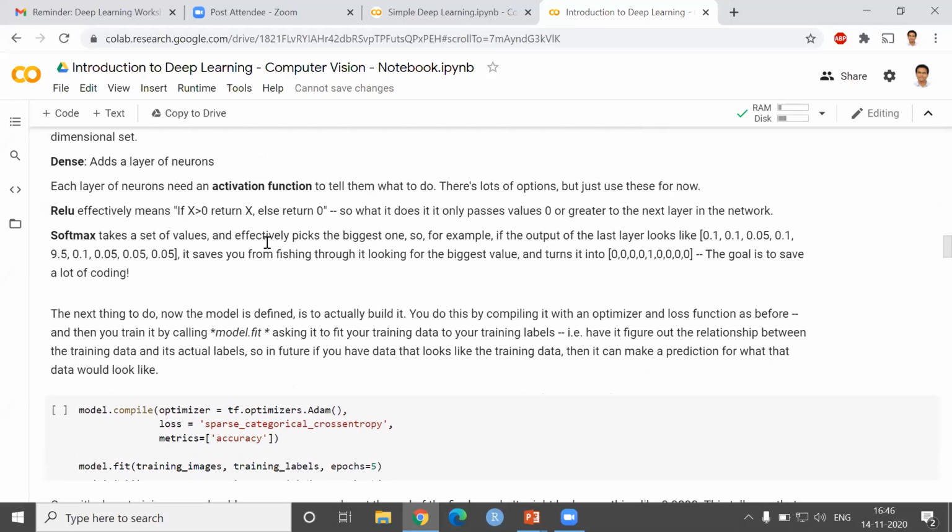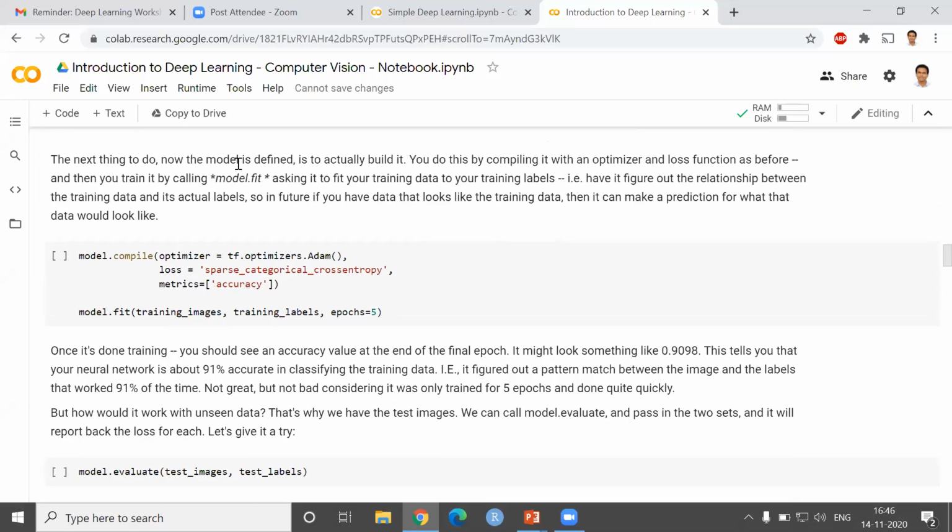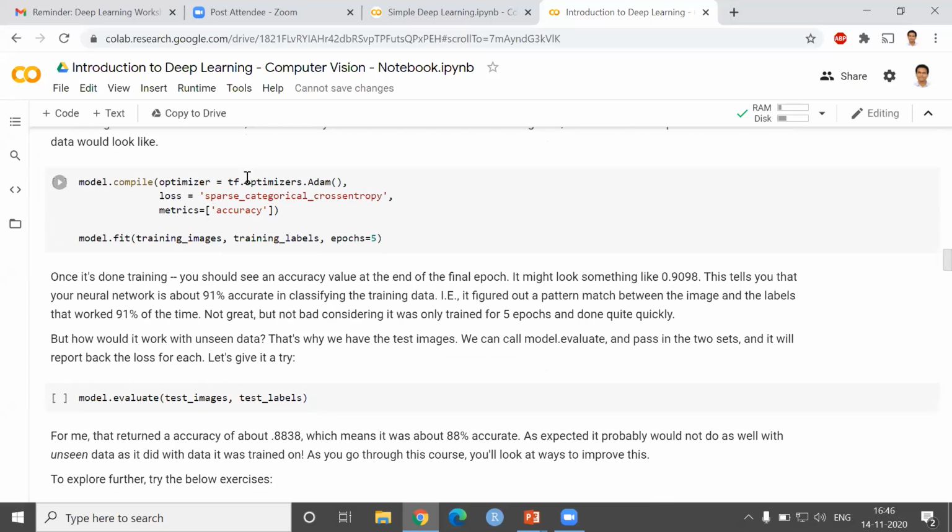The next thing that we need to do is compiling and fitting. As we have been discussing, this is a consistent pattern. First, we define the model, then we compile the model. While compiling, we have to define the optimizer function and the loss function, and then we fit the model. So now we are compiling, and we are using an adaptive optimizer called the ADAM optimizer.